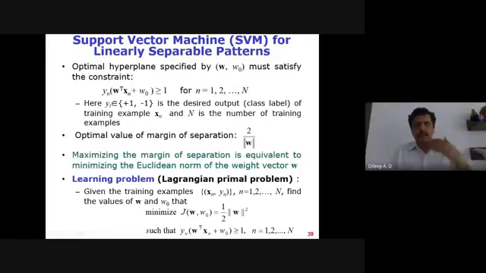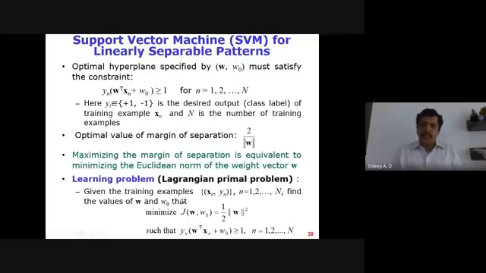Those who are interested, look into constrained optimization and how it is done in the optimization framework. Because of the limitation of time, I'm not going much deeper into the optimization theory here. Such constrained optimizations are usually solved by converting them into an unconstrained optimization problem and then finding the gradient to solve them. One way is to put them into Lagrangian form, which makes it an unconstrained form. This is the Lagrangian form of that.